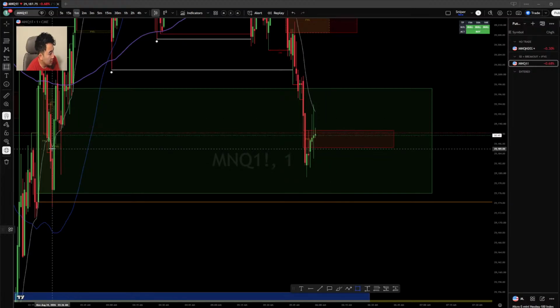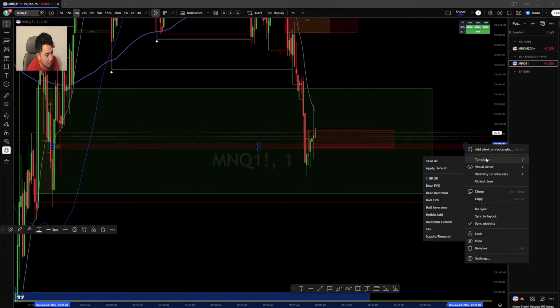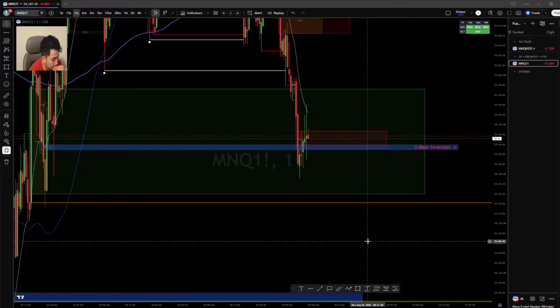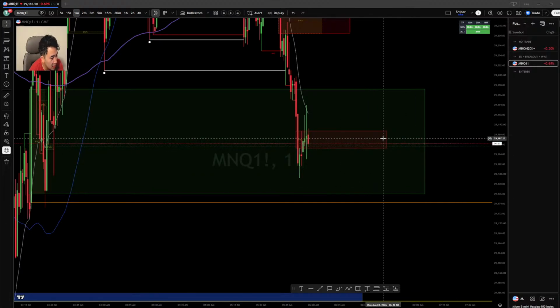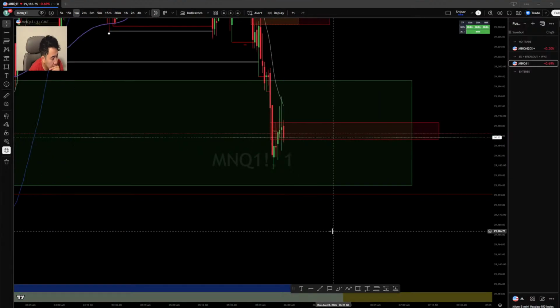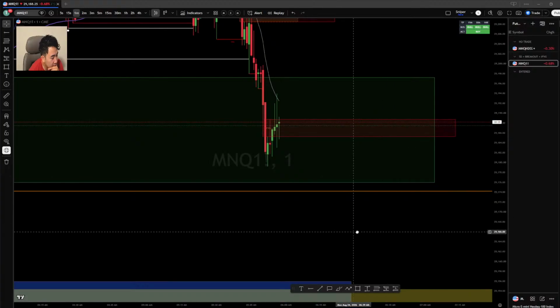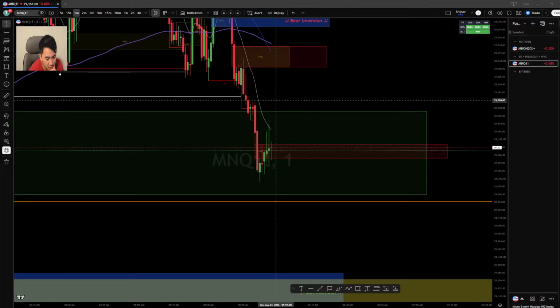So this right here is a strong bearish gap just because it was connected to this bearish inversion here. Even though this bearish inversion is no longer good anymore, this bearish FVG is pretty strong. I'm not gonna trade off of this gap though. I'm just gonna wait until we could use an inversion zone to take trades off of.